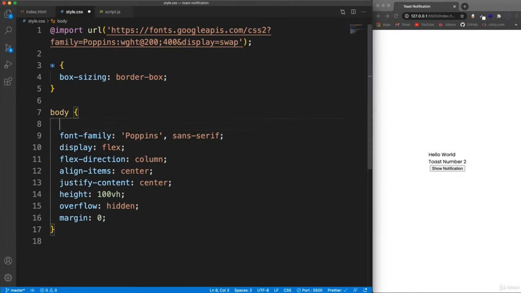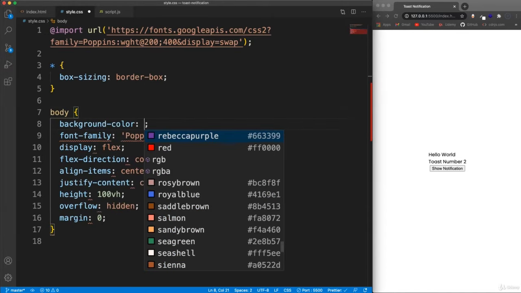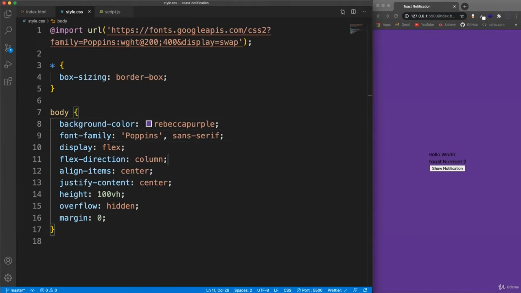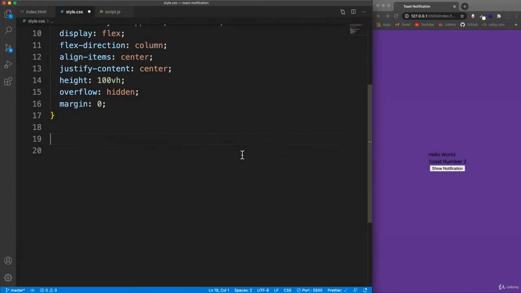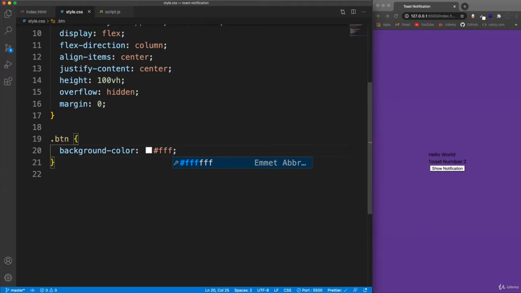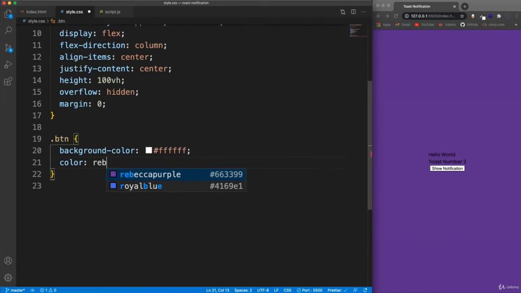And let's set a background color. So background color, we're going to set that to Rebecca Purple. And we can just leave the rest of this stuff in the body. And let's style the button. So we have a class of btn. I'm going to give it a background color of white and give it a color of Rebecca Purple,